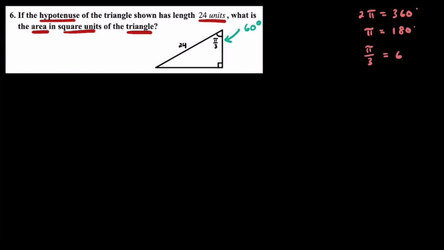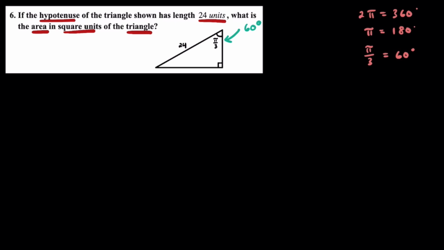Number 6, if the hypotenuse of a triangle has a shown length of 24 units, what is the area in square units of the triangle? So right away, looking at this pi over 3, if that's intimidating, we would just want to remember that that's equal to 60 degrees. And to remind you how to derive that, if you just memorize that 2 pi is equal to 360 degrees, then 1 pi should be half of that, which is 180. And if you want to know what a third of that is, or divide pi by 3, that'll equal 60